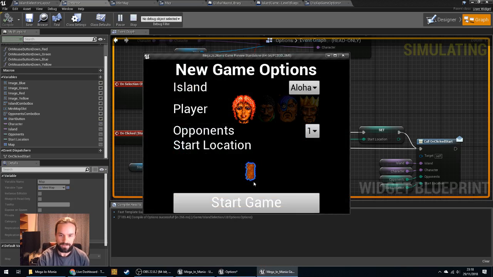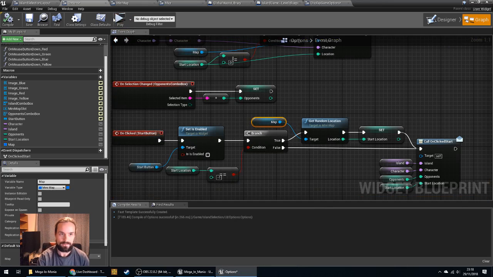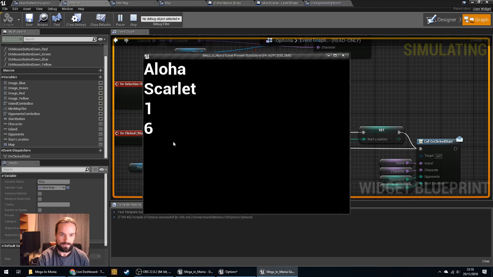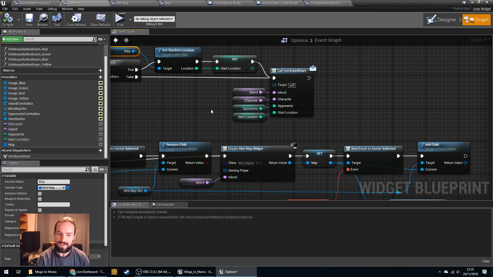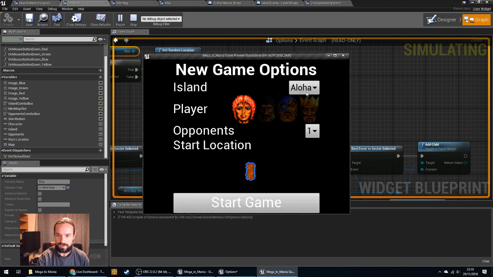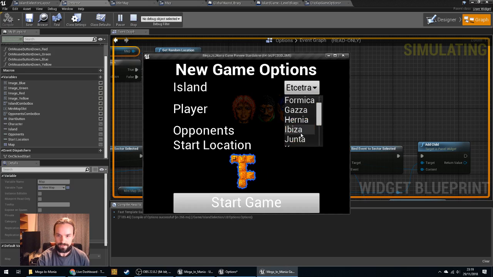So I can play here. I can start on 10, and again, I start on 6. That way the player's not going to know where they are until the actual game starts. It's a little bit more mysterious, and it does mean that you don't know whether you're going to be surrounded by opponents or not. Particularly in certain islands, like particularly a bit further down, I think, where there's actual